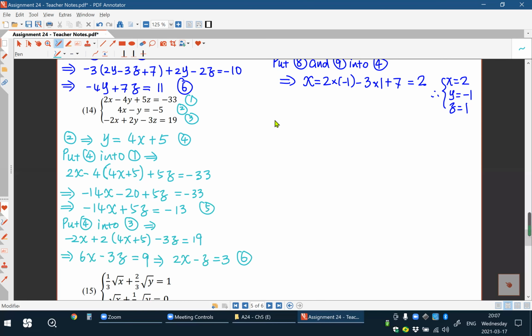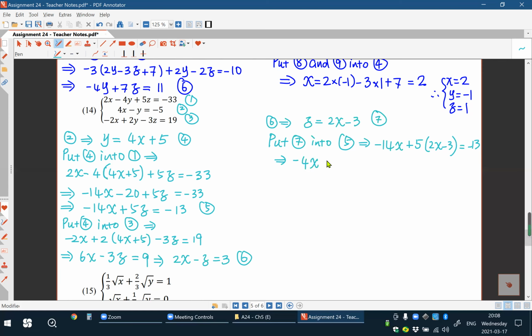Okay, then from number 6, you can solve that z is actually 2x minus 3, right? Let's call this 7. Then you can put number 7 into number 5, right? And in this way, you will get minus 14x plus 4z. That means 4 times (2x minus 3) equals minus 13. So let's simplify this. This means minus